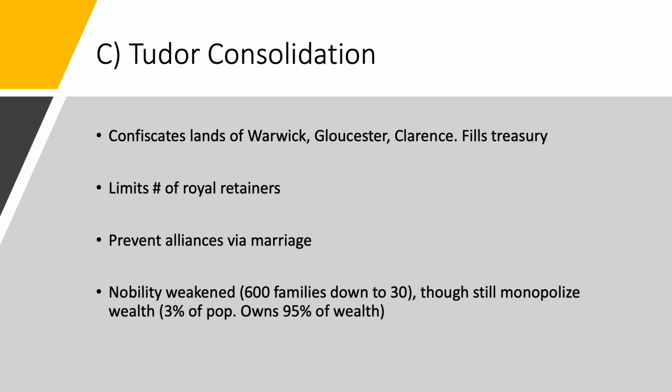As a result of all the death, as well as some of this confiscation of lands, we know that prior to the Cousins' War, you have about 600 noble families in England. That number is down to 30. However, it doesn't mean that wealth has been shifted to other sectors of the population. They still own about 95% of the wealth of England. It just is concentrated in the hands of fewer families, though the ability of those families to join forces and undermine the authority of the king is very limited.